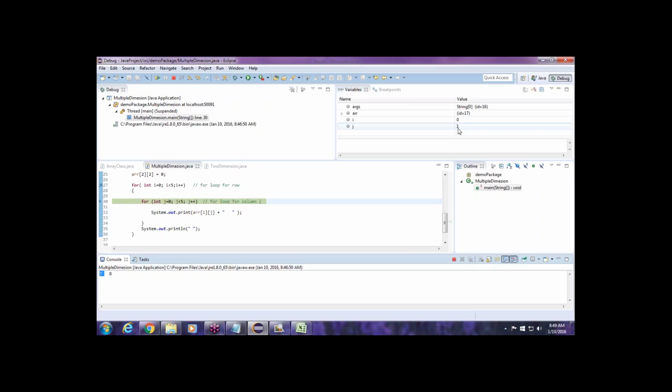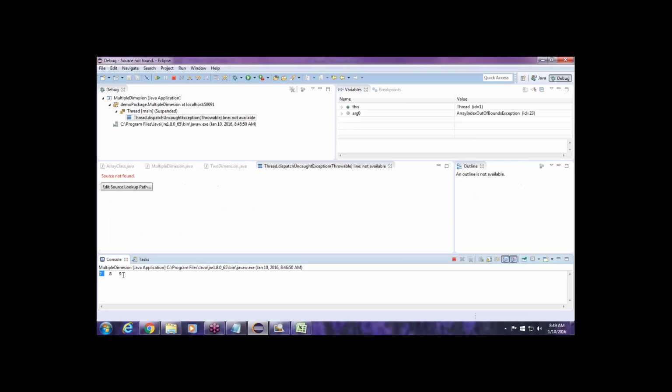Now you can see the value 8. Again press F6, our j value will be increased, and we will get the value 9. Again F6, j value will be 3. Then again F6, now we come to outside,